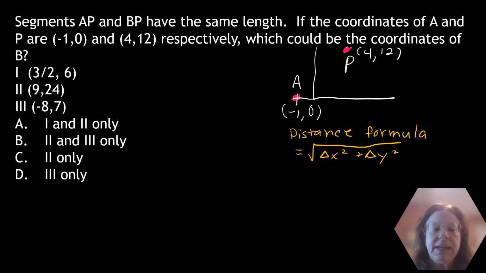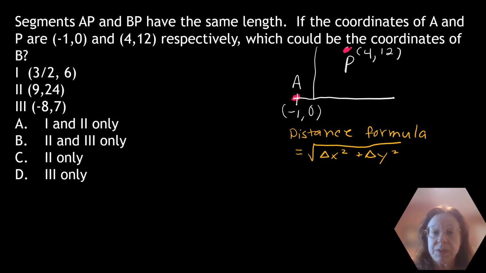Segments AP and BP have the same length. If the coordinates of A and P are (-1, 0) and (4, 12) respectively, which could be the coordinates of B? So I've plotted AP